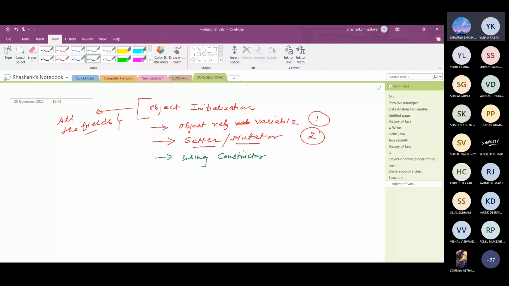So what is a constructor and what is the benefit of using a constructor in order to initialize an object? A constructor is a block of code that is very similar to a method.